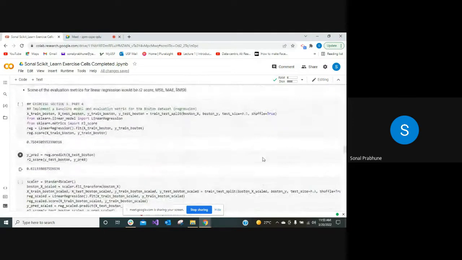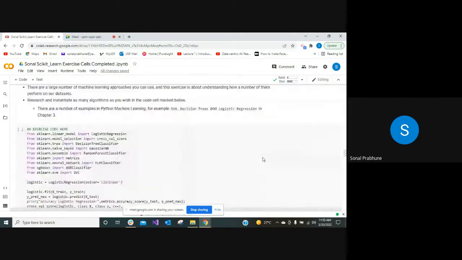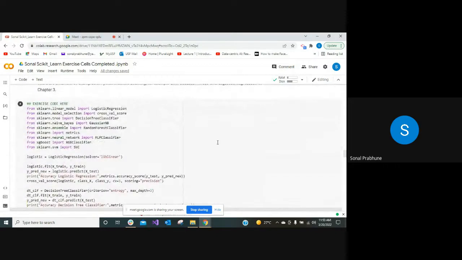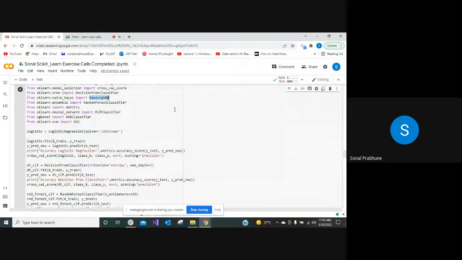So that is being used because this is a classification problem. And then on top of that, apart from the decision tree classifier and the logistic regression, I also used the Gaussian Naive Bayes classifier, the ensemble random forest classifier, the multi-layer perceptron classifier, the XGBoost, which has been very successful prior to neural networks and gives quite good accuracy, and the SVC classifier.